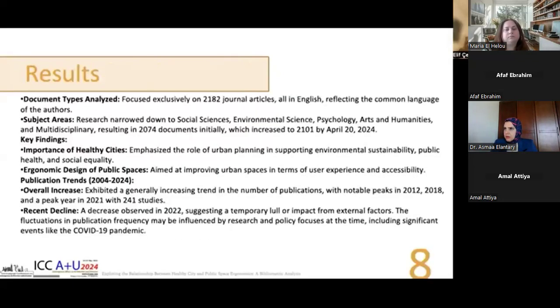The study analyzed 2,182 English language journal articles from fields including social science, environmental science, psychology, arts and humanities, and multidisciplinary. As of 10 March, the initial research included 2,074 documents, increasing to